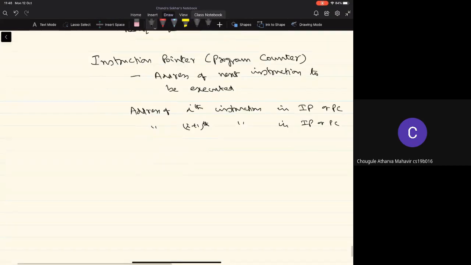And a similar thing happens in another entity, which we will call the stack pointer. I'm sure all of you are familiar with what is called a stack that's used in the execution of a program. I think you might have studied it in the data structures course, right? Typically the stack will be used for many functionalities.